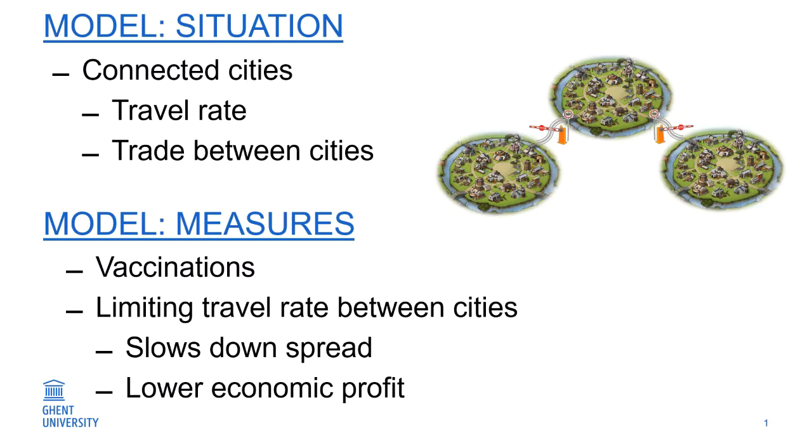The following measures can be taken to counter the spread of the virus. We assume that a vaccine is developed and distributed in the different populations. The total production of vaccines and distribution between the cities is something we can choose. We also included that a rushed development costs more than a slower one. A second measure is to limit the travel rate between the cities, equivalent to social distancing, but this has also economic consequences due to lower trade.